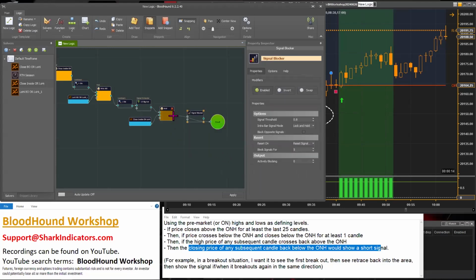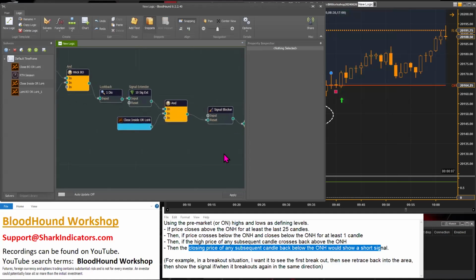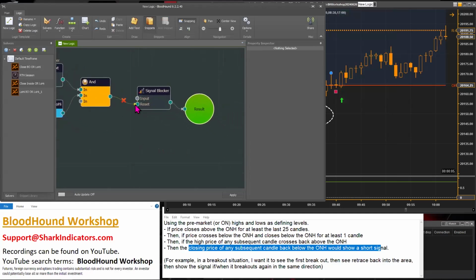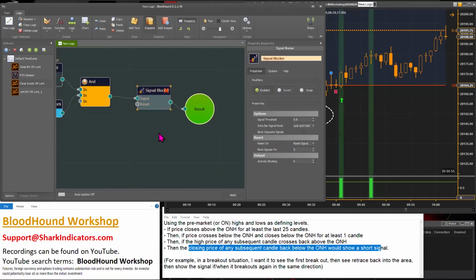Oop, and again, I connected it to the reset by accident, so make sure you're connecting them correctly. There. So with the signal blocker,